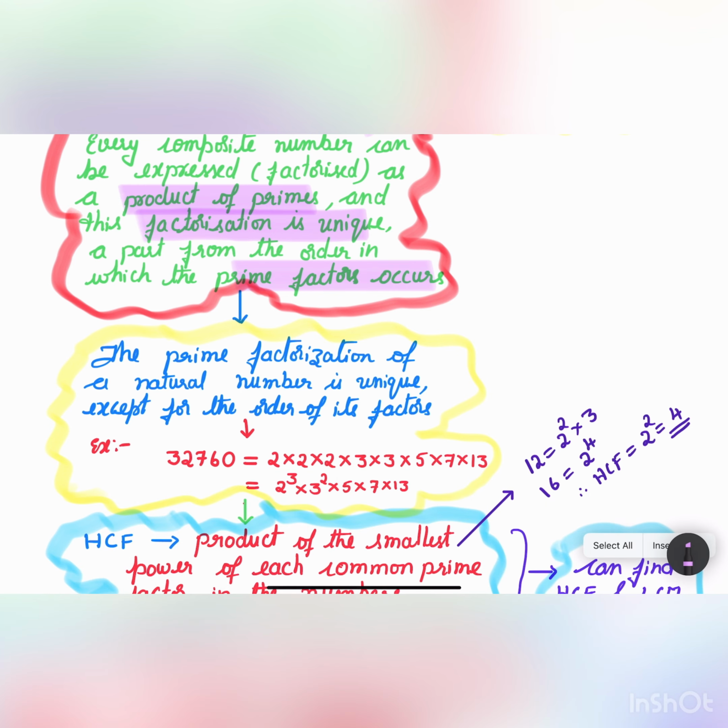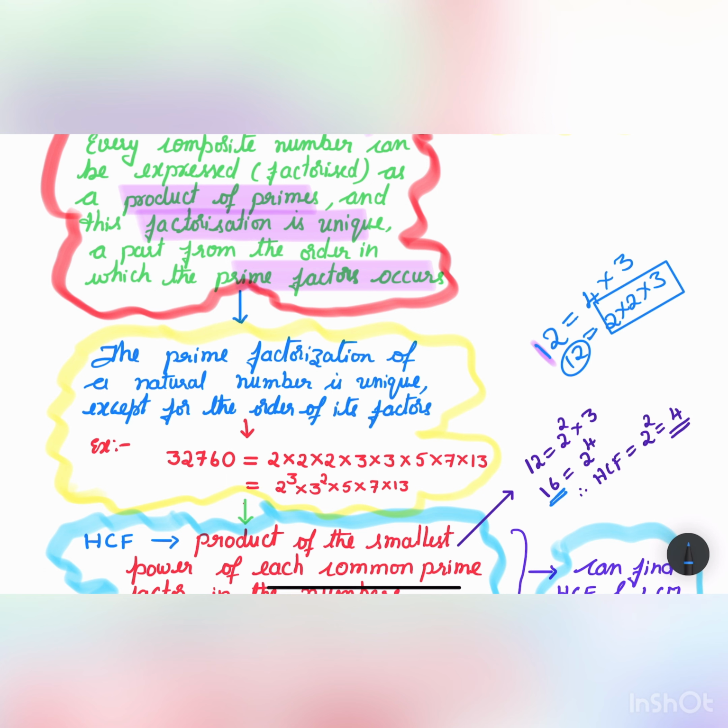We can write down the factors of 12. If you take 12, I can write 4 3s are 12, and then the prime factorization of 4 is 2 into 2, so 12 is 2 into 2 into 3. This is a composite number. If we are able to write a number as a product of prime factors, then it is a composite number. So 12 is a composite number, and in the same way 16 is also a composite number,